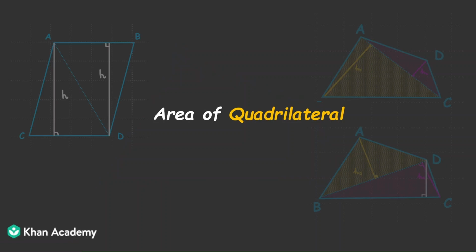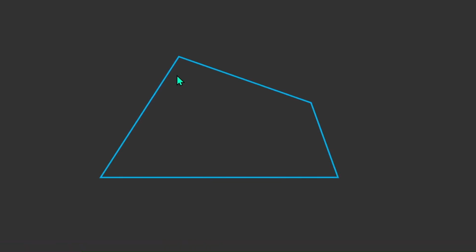Hi everyone, let's discuss how to find the area of a quadrilateral. So let's take a quadrilateral. This is a quadrilateral with the vertices A, B, C and D. Now we don't know how to find the area of the quadrilateral. Now what we can do is, we can split this quadrilateral into two different shapes whose area we know how